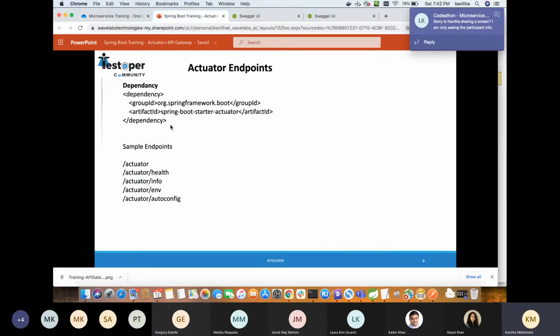So we'll have to add the Spring Boot actuator dependency in the pom.xml, and there are a few endpoints which will be enabled. By default, the slash actuator will be enabled, and we can customize a few endpoints also.